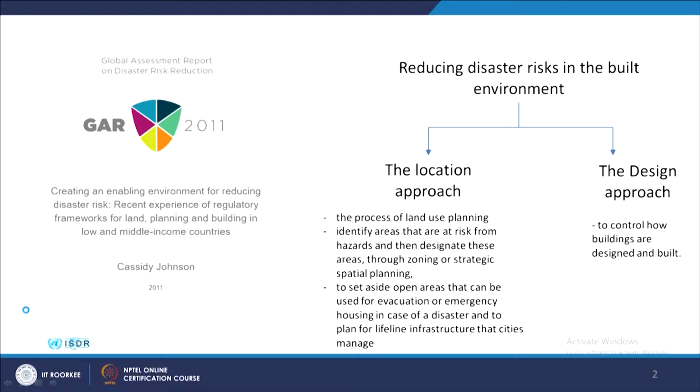A few examples I can give you. When the Hudhud cyclone hit, there was a really pressurized situation. Much of the infrastructure was cut off from the main service lines. The roads were damaged, the flood water came onto the main roads, and the railways were damaged. In that way, access was cut off in many areas.